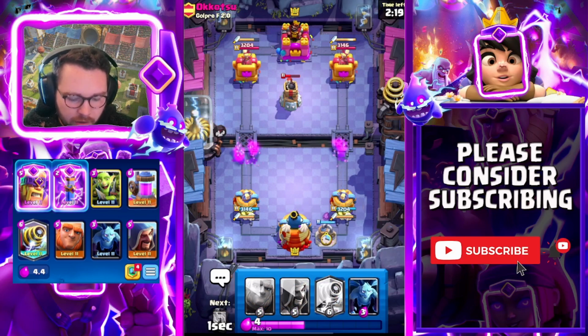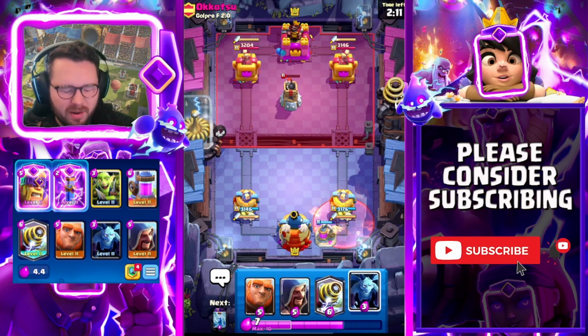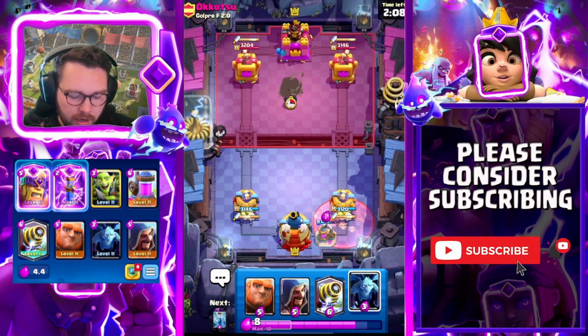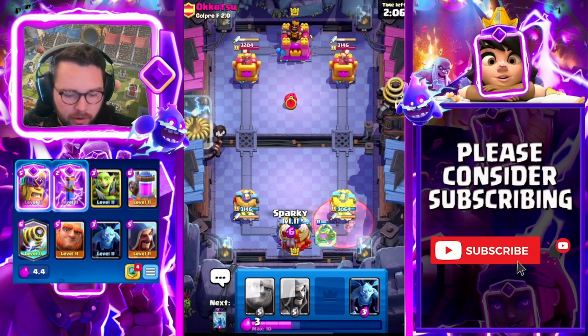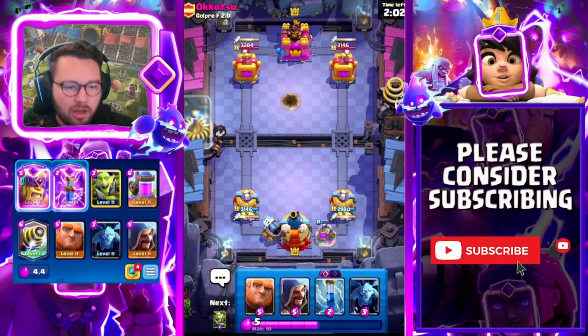Okay, if he goes Miner on this, I'm going to try and catch it with Minions. Or we'll find out if he has a Poison or not. He poisons everything. Okay, he just poisons right away, so that's fine with us. Good to know that he is running the Poison. We're going to immediately Sparky here. We're up a teeny bit of Elixir. Not a lot. I don't necessarily expect a lot from this push, but...